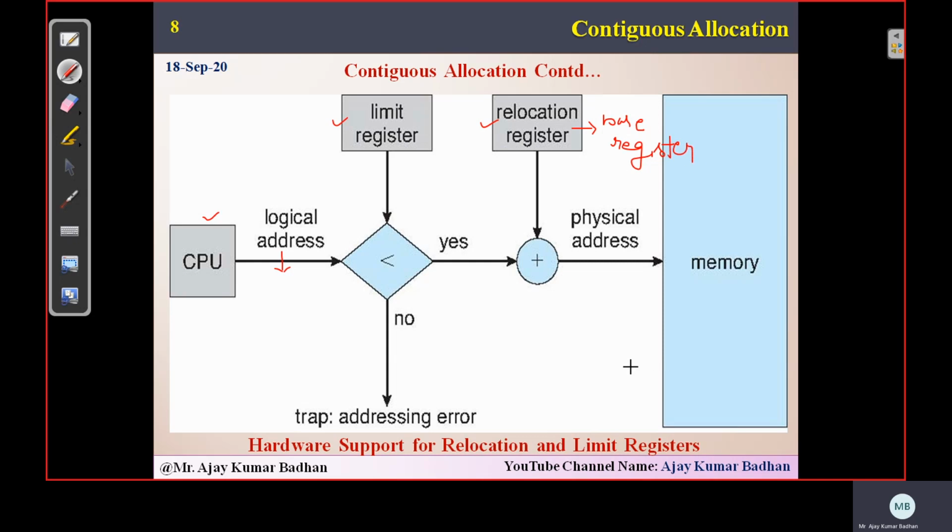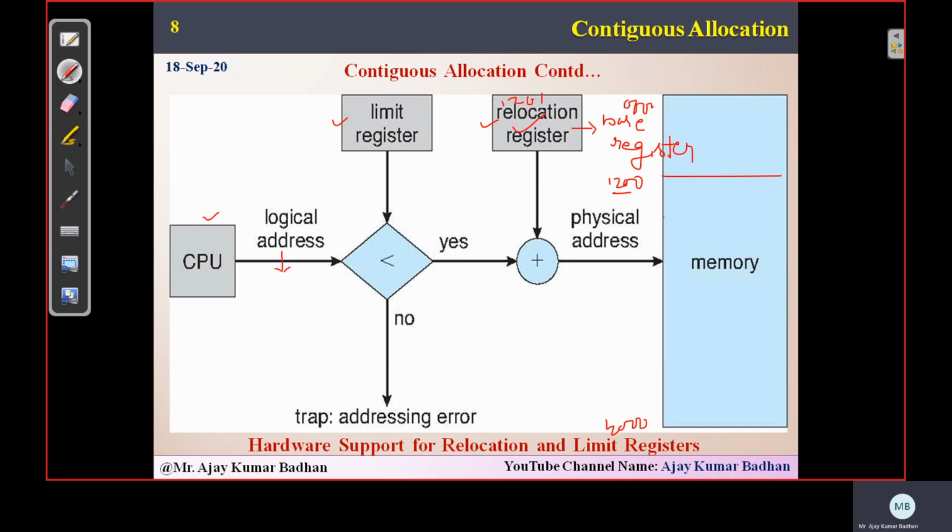Now this base register will consist of the memory addresses, like I told you, 000, this is something like 4000. So these addresses will be present in your relocation register. From which address do we need to start storing? Let us suppose up to 1200. Means from 1201 to the remaining we can access up to 4000. So that information, 1201, will be located in this particular register, the relocation register.